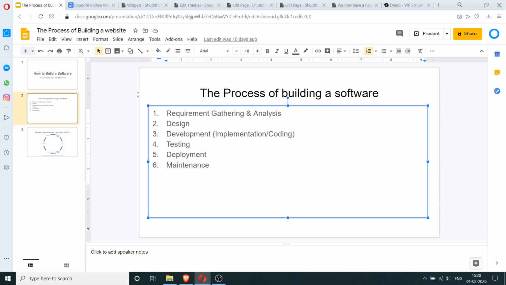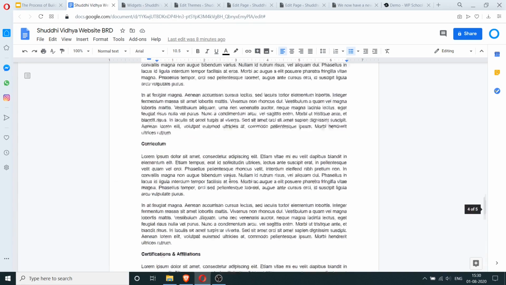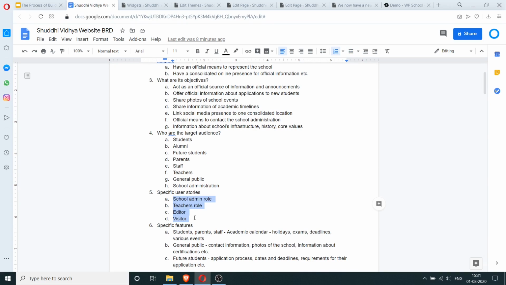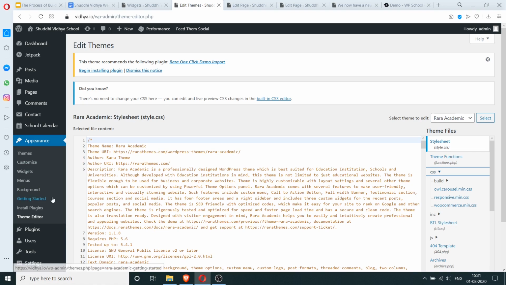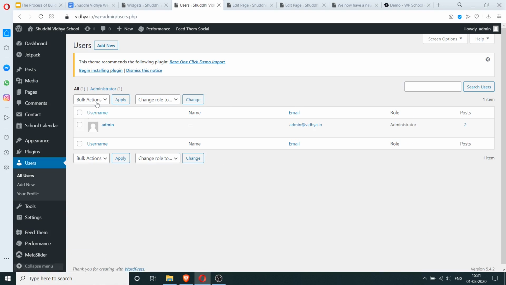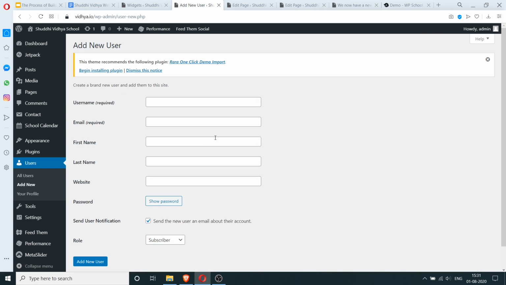One more thing we left out is the fact that we discussed the school roles, the user roles. So what we will need to do is we need to create roles for users for these people. So what I would do is I'd go to the users and I'll add a new user. Basically, we'll give them a username.